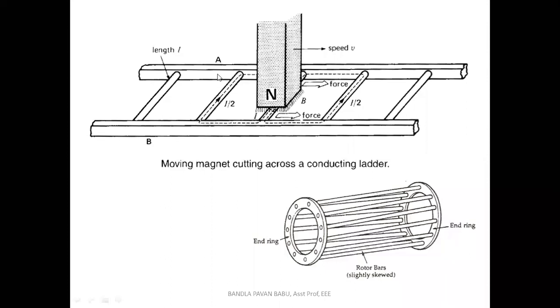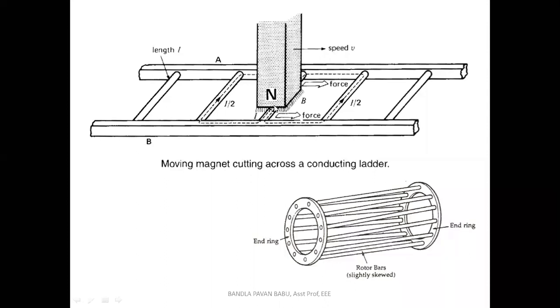We can notice A and B, which are the end rings, so it represents a squirrel cage rotor. Soon after the circuit is closed, if there is an induced EMF, it draws some amount of current. Because of this rotor current, it also produces flux, the rotor flux. Between these two, what happens with the relative velocity? There exists the concept of slip.